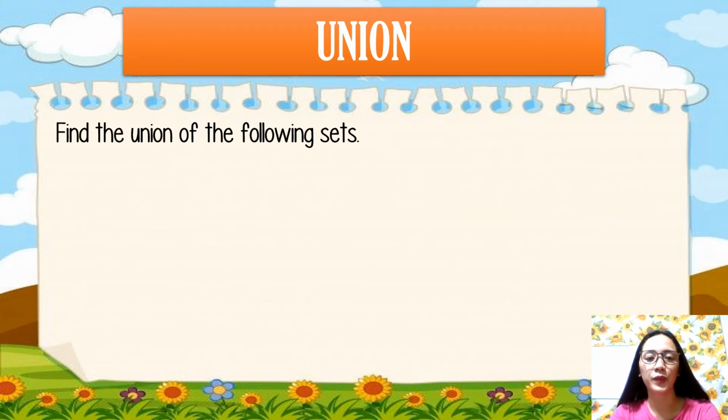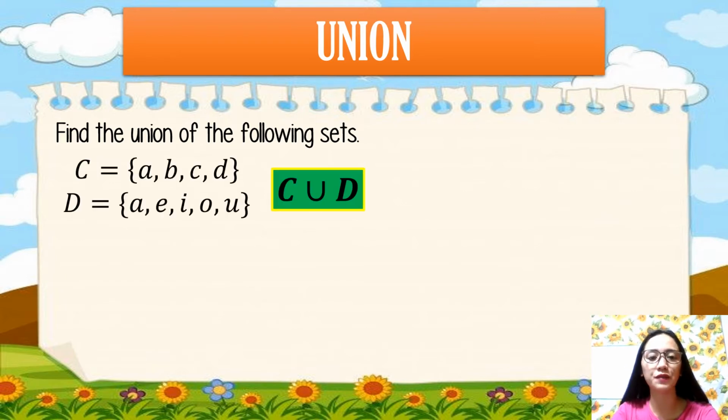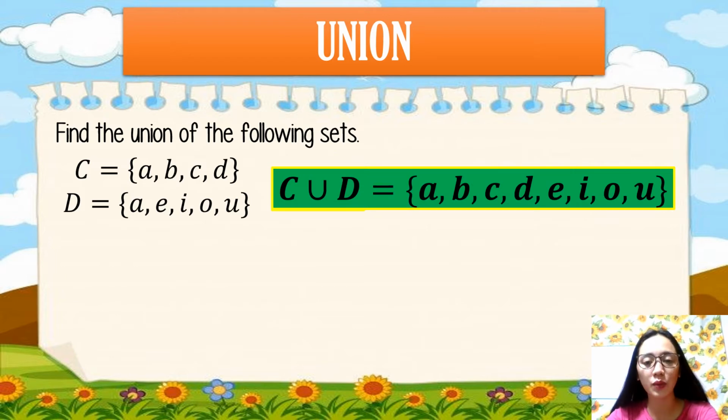For the example of the union, find the union of the following sets. Given set C, we have here elements A, B, C, and D. And set D, we have here elements A, E, I, O, and U. Again, when we say union, that is simply the combination of all the elements. So if we are going to get the union of set C and set D, we will just simply combine all the given elements. Therefore, the union of set C and set D is A, B, C, D, E, I, O,